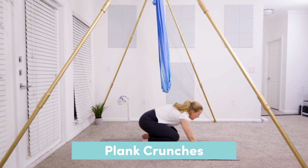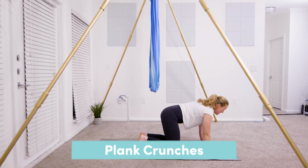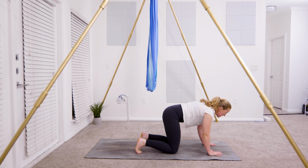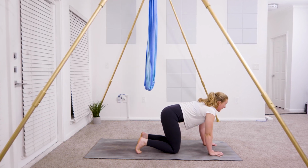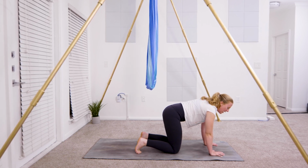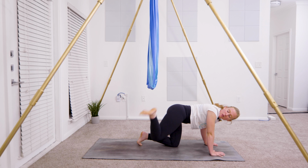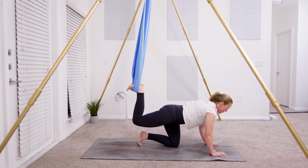So you're gonna come down into a tabletop position on the mat. The hands are underneath the shoulders, fingers nice and wide. Press into those base knuckles and into the fingertips, really active through the hands. Press away from the ground, dome the upper back, just slightly spread the shoulder blades apart. Look back behind you. You're gonna bring one foot into the hammock, hook that ankle inside, press into the ground,